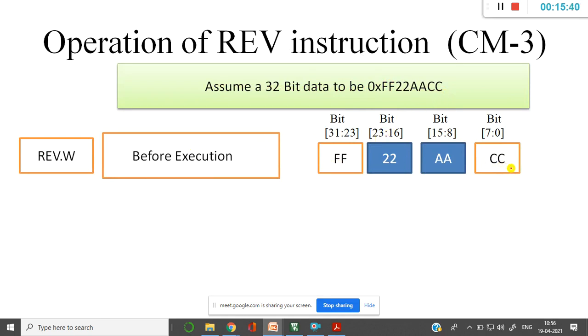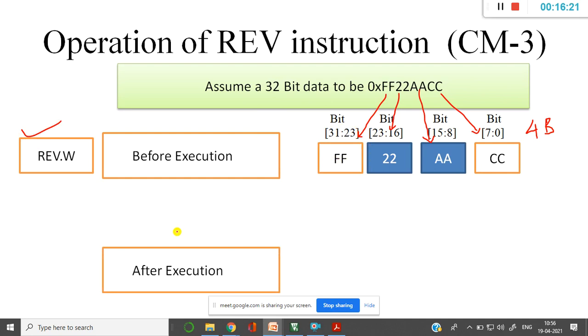So before execution, the register content will be something like this: 8-bit data, 8-bit data, 8-bit data, 8-bit data, because in memory we represent it as 4 bytes, right? CC is going to be stored in the lowest byte. The next is AA that I'm trying to store. So CC is stored here, then 22 is stored here, and AA and FF are going to be stored here. After the execution of this instruction, what will be the output?